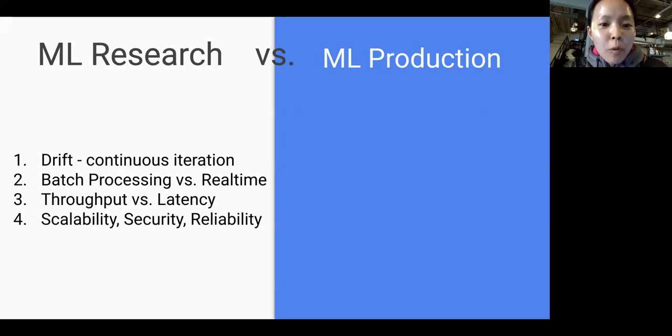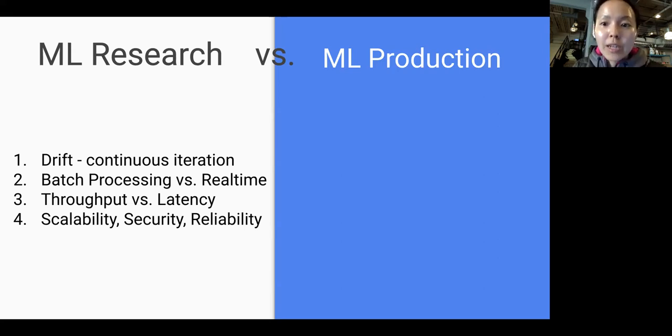Before we move on to what ML job preparation is like, I'd like to go over the difference between ML research versus production. The main thing is that when it comes to ML research, the kind of data set that you deal with is pretty limited, meaning that the size might be small and you're just working in one kind of data set. But in ML production, that's when the model is going to start seeing data it hasn't seen before.